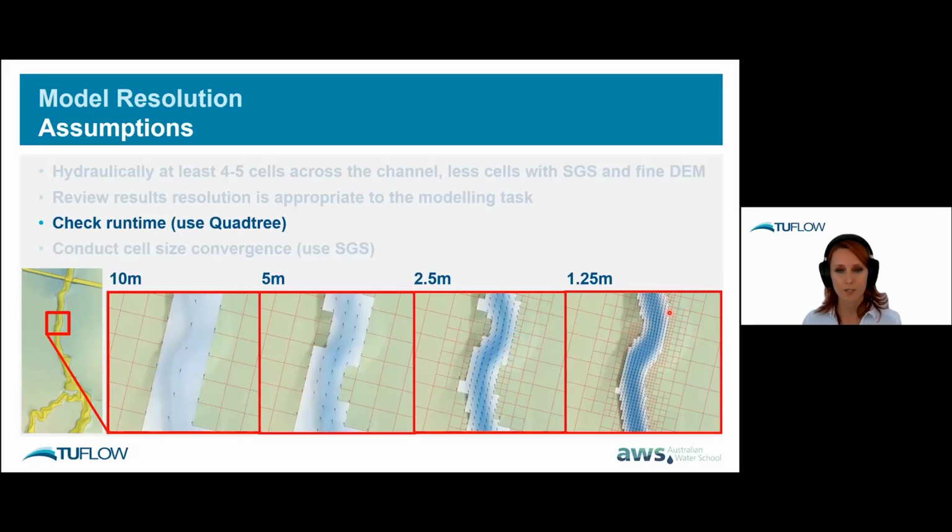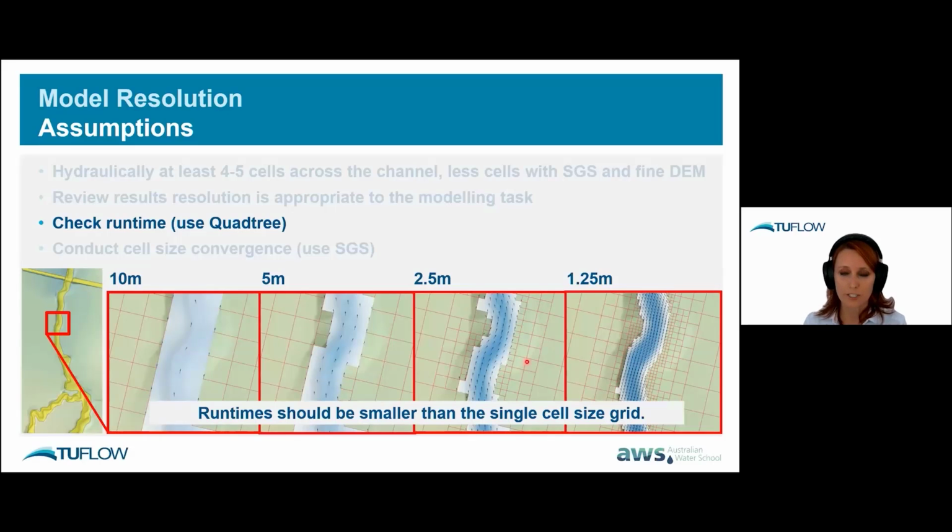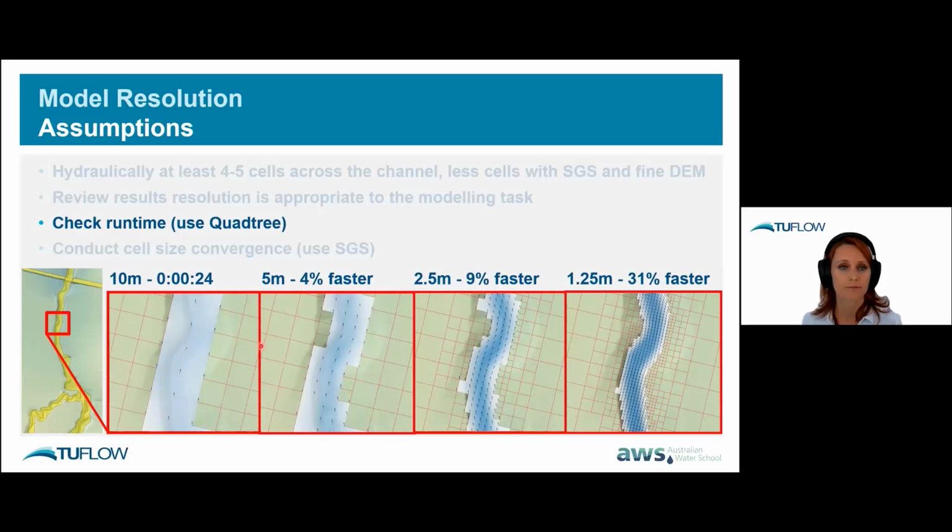They would look very similar to the previous one. You might see an odd pixel here and there in the results when the flow contained within the creek is getting to the larger cell size. The results are looking similar, but you should get quite significant speed up in the run times.